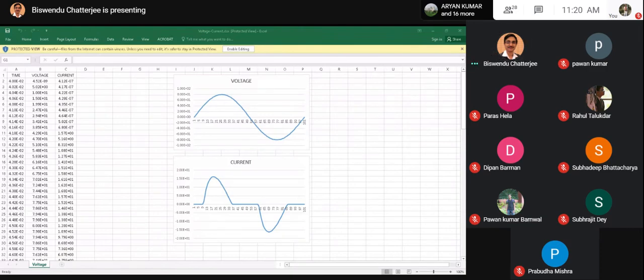What will be done to test the validity of the software, that you have done it correctly? We will test and see that for pure inductance or pure capacitance there will be very low power factor, and for the resistive system, pure resistance, the power factor must be very close to unity. That is why I am telling you, if possible, do the simulation again in PSpice with the help of the same circuit that I have shown you.